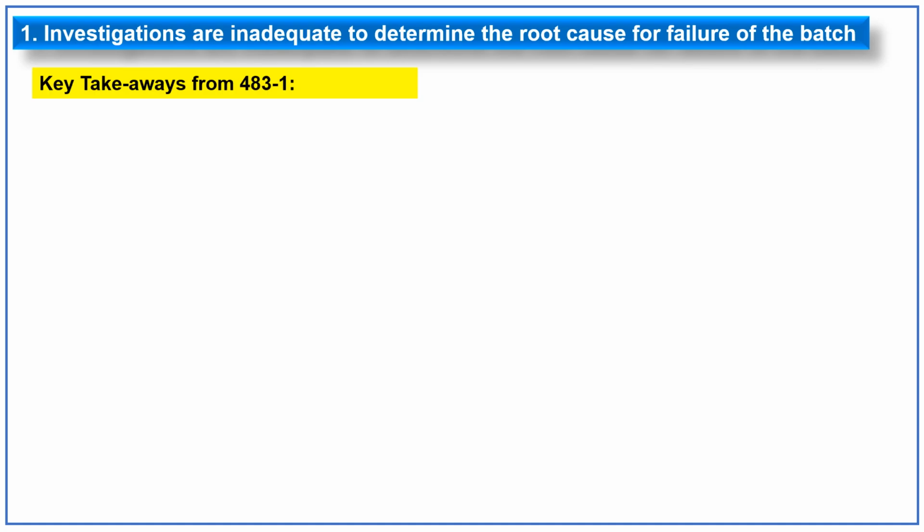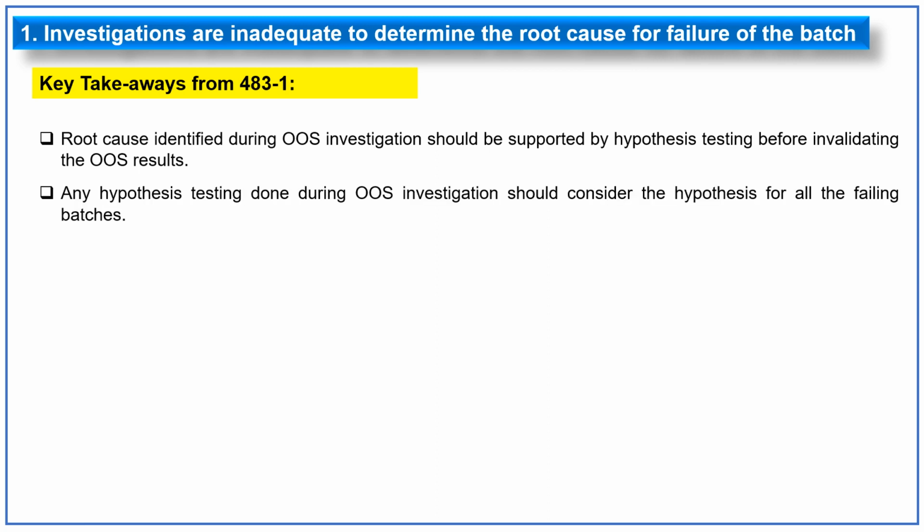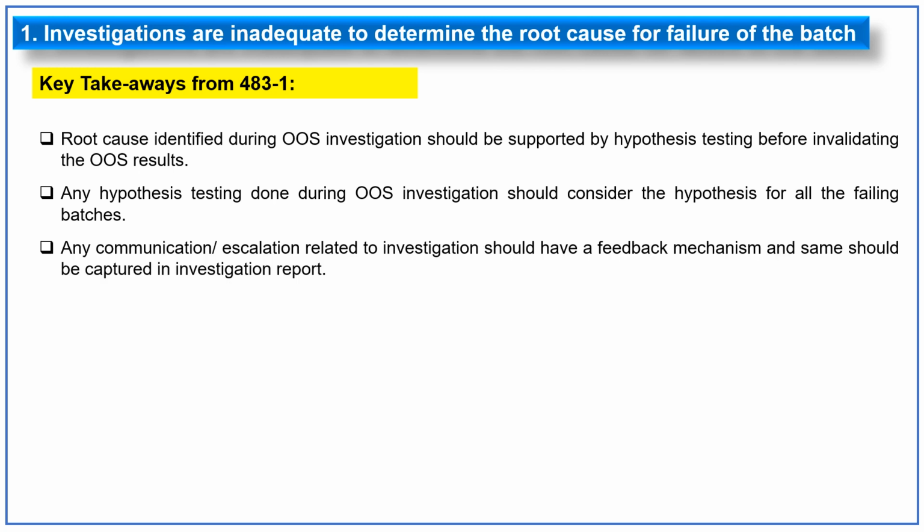So what are the key takeaways from 4831 related to the investigations? Root cause identified during OOS investigation should be supported by hypothesis testing before invalidating the OOS results. Any hypothesis testing done during the OOS investigation should consider the hypothesis for all the failing batches. Any communication escalation related to investigation should have a feedback mechanism, and the same should be captured in the investigation report, like in the case of the consultant,